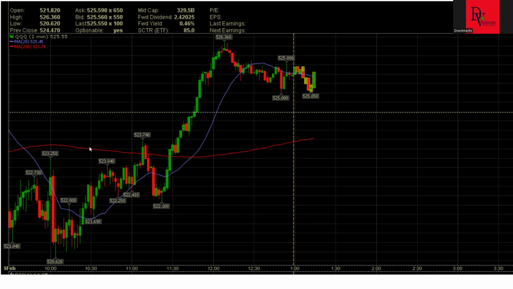So if I look at this time frame between 10 and 10:30, okay, my high of the day was 525.25 and the low of the day was 520.62. Now that's just for that time frame. That's between 9:30 when the market opened and 10:30 when I took these numbers. So we're looking at 525.25 and 520.62. That's the high and the low of the day. And I've got my 20 here, which is the blue line, and my 200, which is the red line.